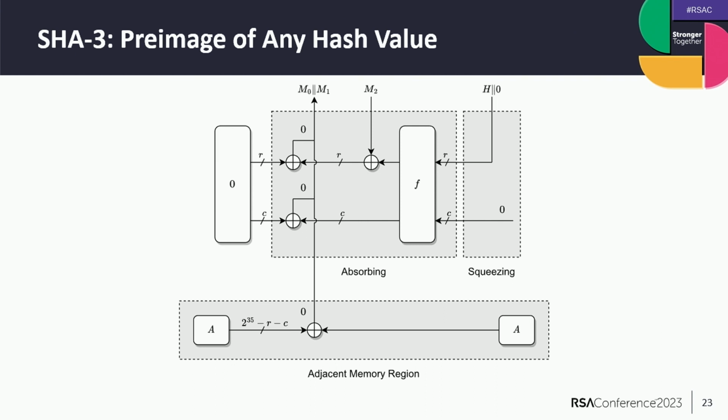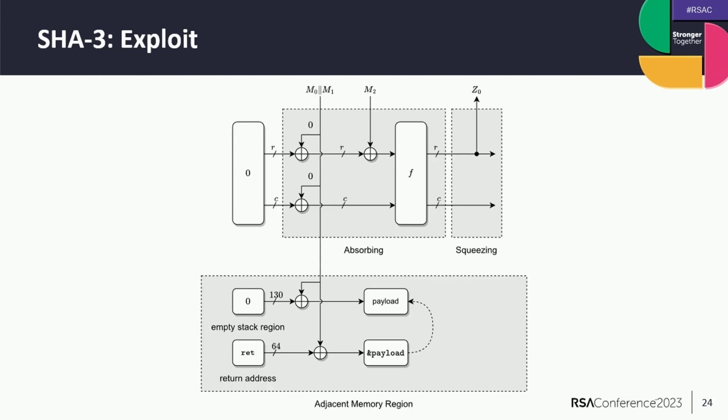You can also construct a preimage of any hash value if you work backwards, because SHA-3 has a cryptographic permutation, so you can evaluate both f and f minus 1, work back, see what the value is of the full state that you need at this location, and then work backwards, see what the message is supposed to be to hit any target value.